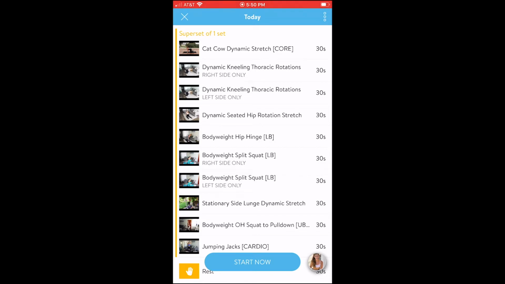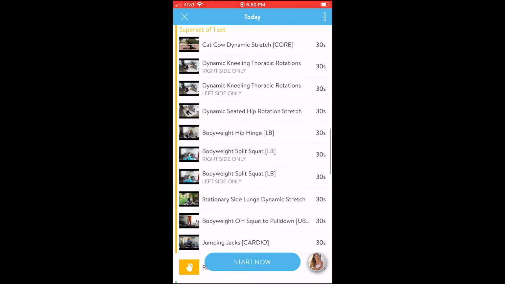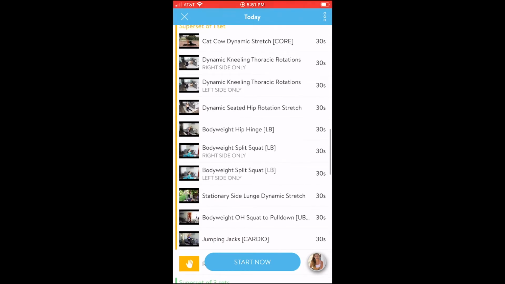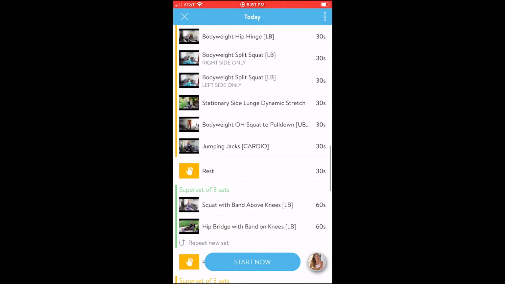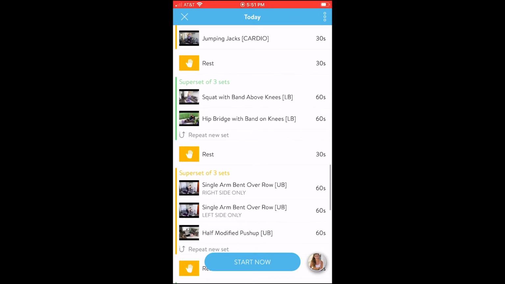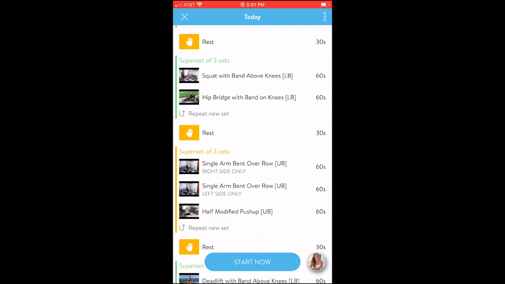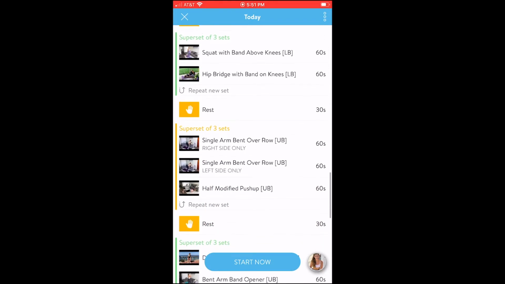So in this case, we're going to do the warm-up. It's a superset. So the warm-up exercises are grouped together in a superset of 1 set, which you can see up at the top there. 1 set means 1 round. So we're going to do all these exercises 1 time through. And each exercise, as you can see on the right-hand side, is going to be 30 seconds apiece. At the end of our 1 round, we'll rest for 30 seconds, gather ourselves,